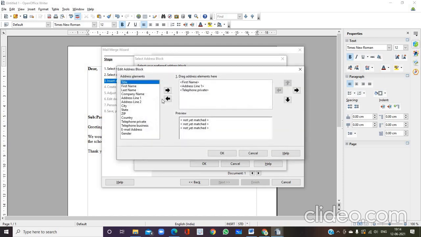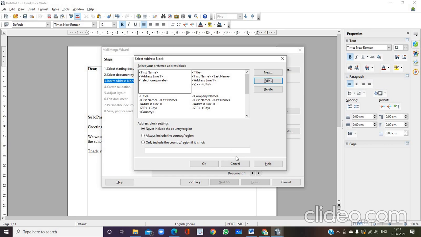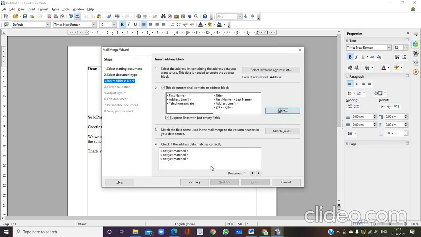So in my document I am having name, so I am selecting first name, address line, and if you don't want these to be displayed, you can simply remove and you can choose from here. I am selecting first name. No, I will display it as first only. Next I will go for address line 1, add, I will add that also. I will bring it down, and telephone private, this also I will add, I will bring it down. So these 3 fields I would like to add in the mail merge document. Click on OK. Here also click on OK.